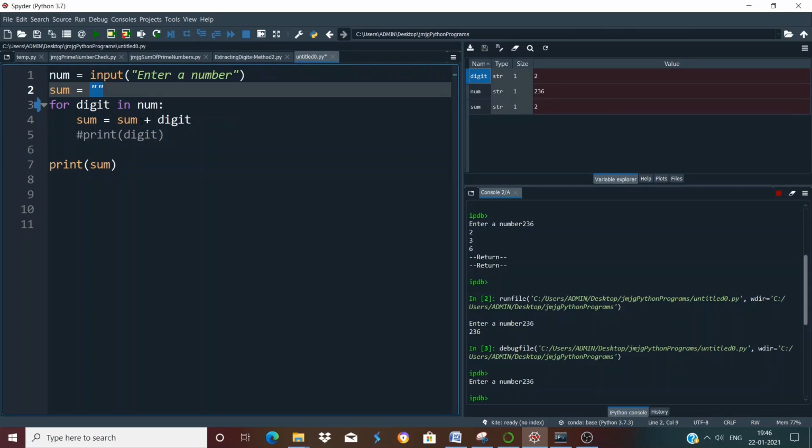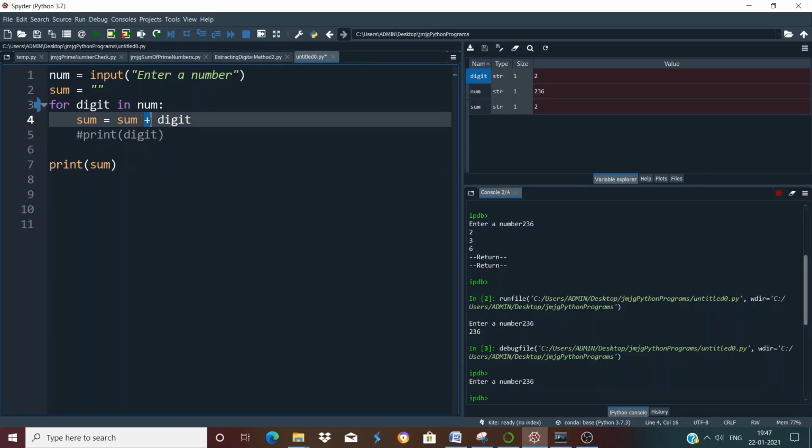So when we apply the plus operator on two strings, they simply combine those two strings. So when you combine an empty string with the string 2, it results in a string 2, right? So that's what the current value of sum is, and you can see the type of sum